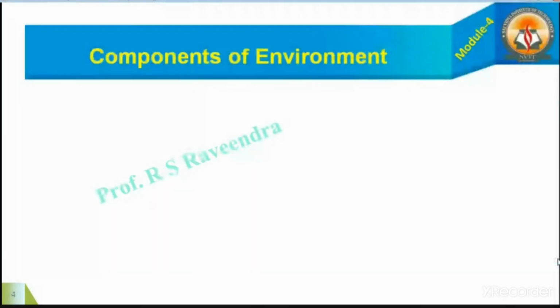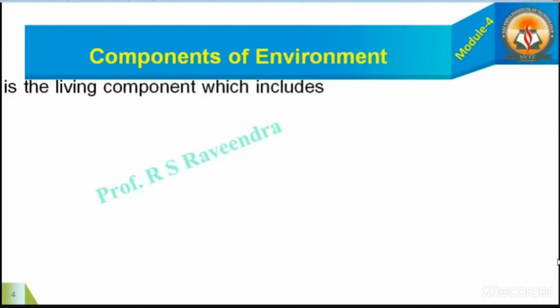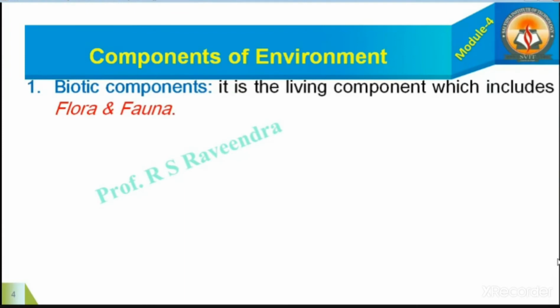Now, let us learn in this slide the components of the environment. There are different components present in the environment. We can broadly classify them into three major types. Biotic components, where biotic means living things. It is the living component which includes the flora and fauna, that is plants and animals, which includes human